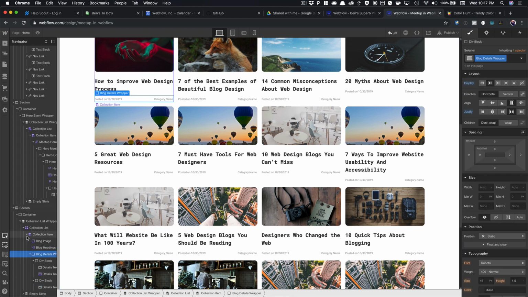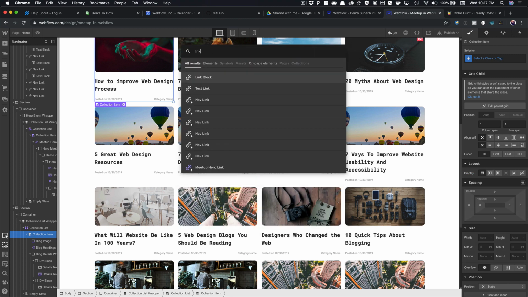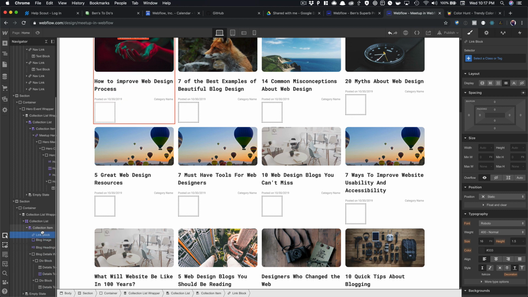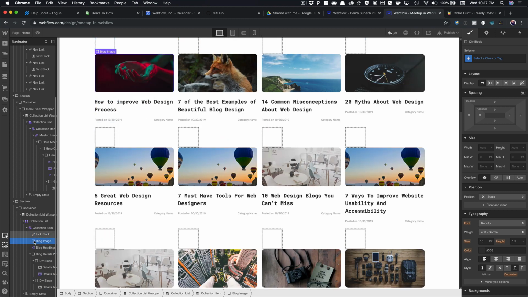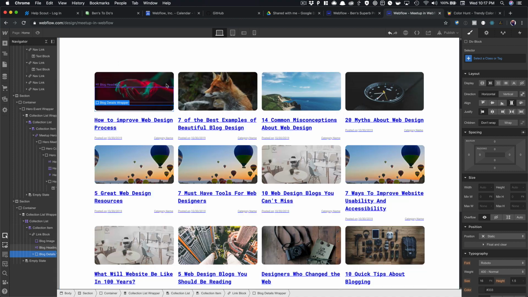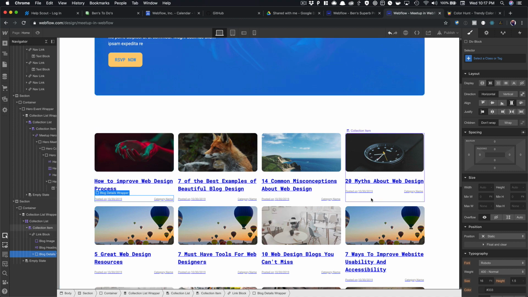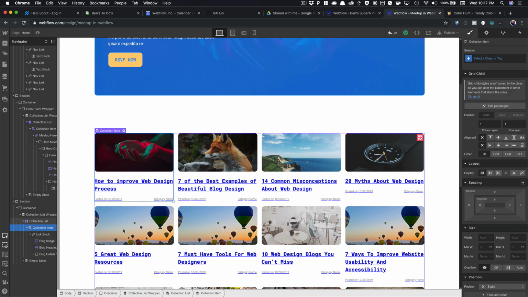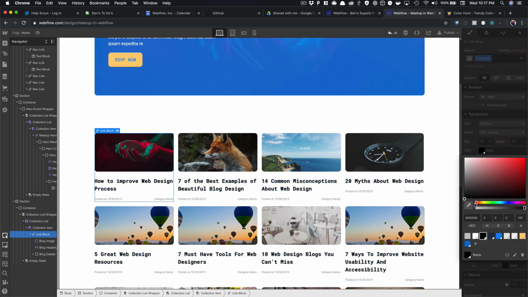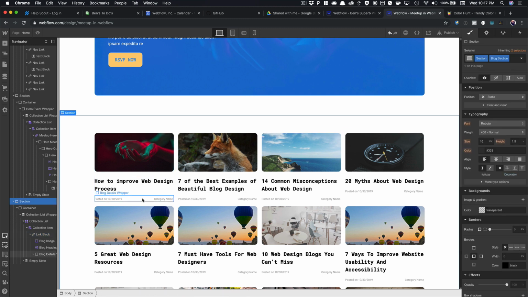And then let's take the whole thing, and let's just put a link block here. And then just move this up. So let's move everything into the link block, so that the link block is wrapping everything. I probably should have done this ahead of time. I definitely did not. Okay, so now you can see that each collection item is in a link, and we can take that link block and go no underline, make our text black, so just like this. And then we can say,